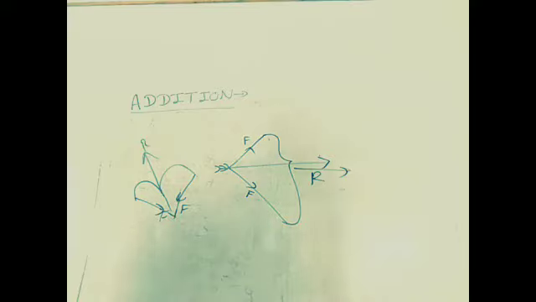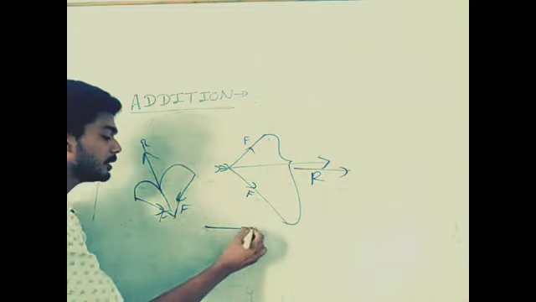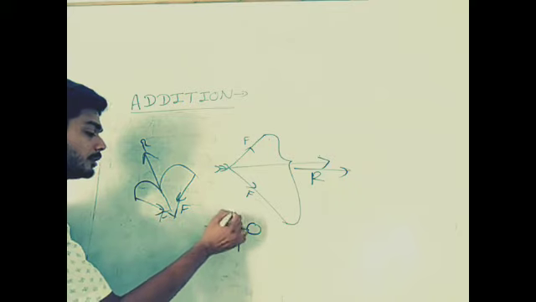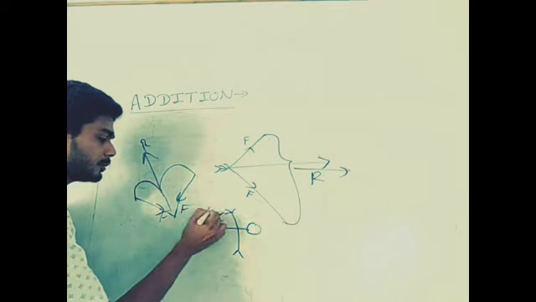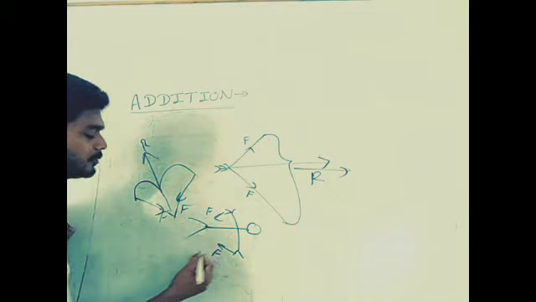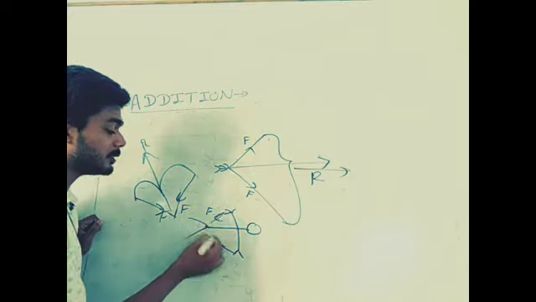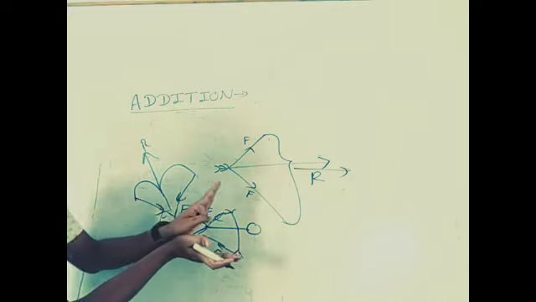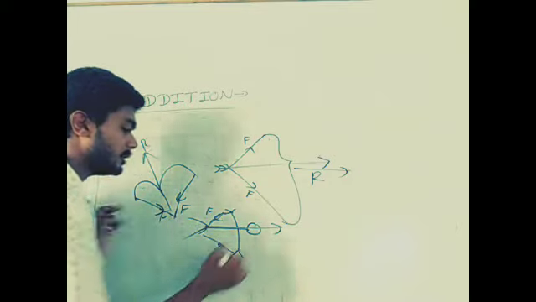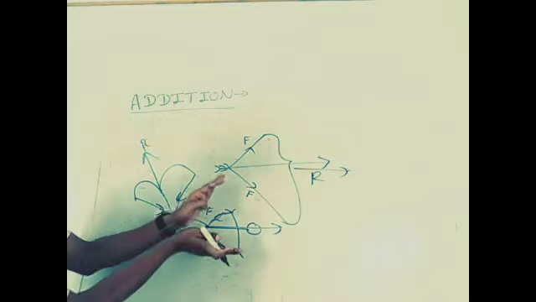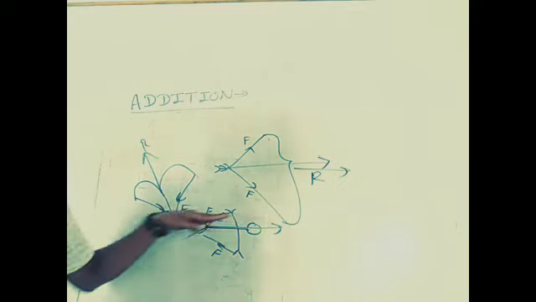Another example, swimming of a person. Suppose there is a swimmer who is applying force by his hand. What you can observe here, the forces applied by the swimmer are inclined with some angle, and this pushes the swimmer in the forward direction. You can see these two forces are at an angle and the resultant is between them.